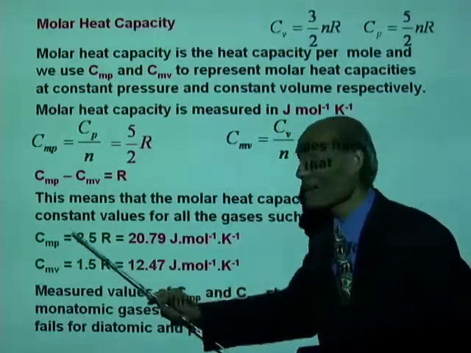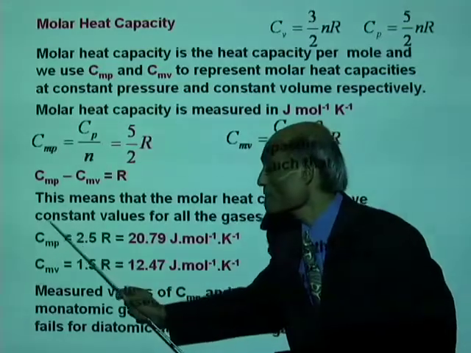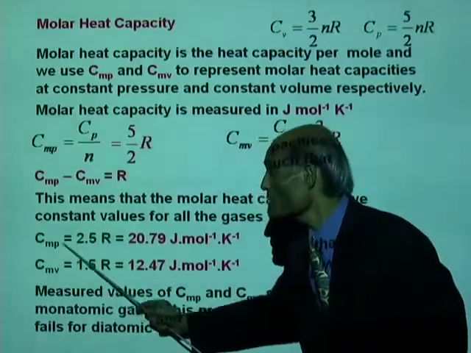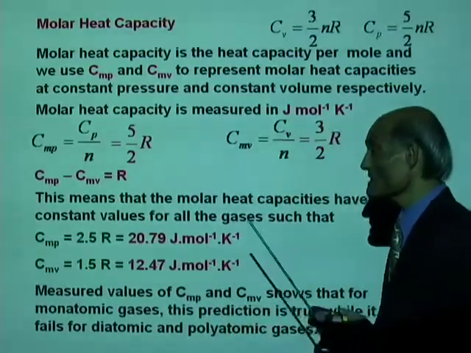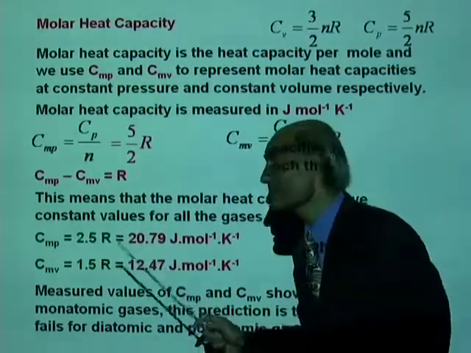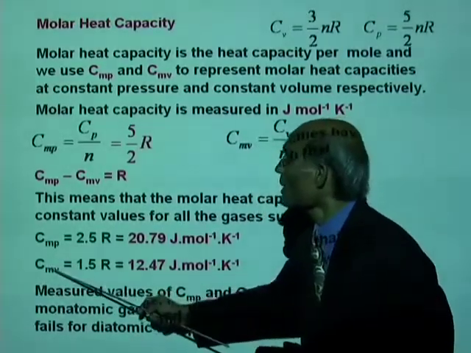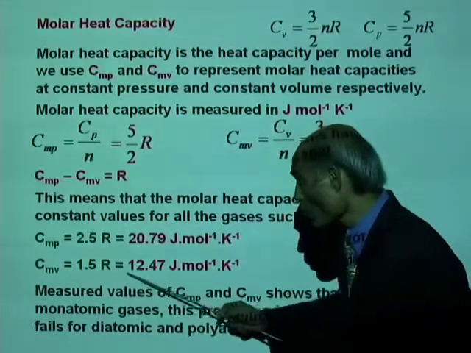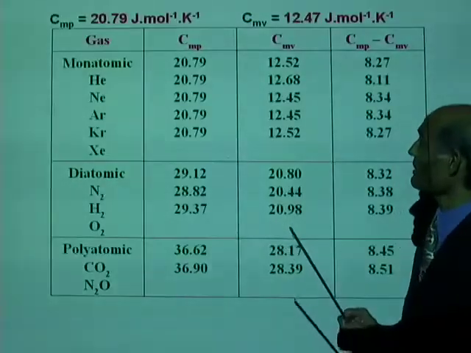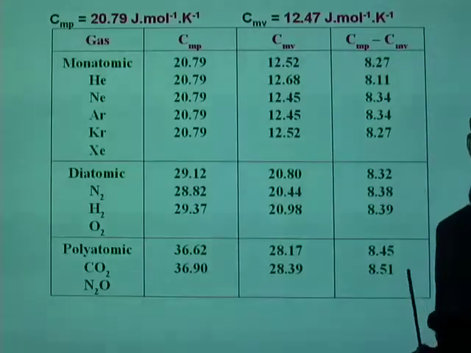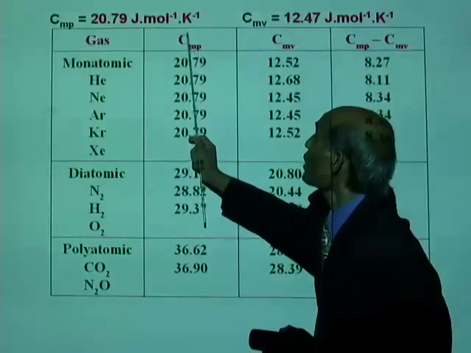So, remember these values. We would expect the molar heat capacity at constant pressure for all gases to be 20.79, in the neighborhood of that, and the molar heat capacity at constant volume for all gases to be in the neighborhood of 12.47. Now look at the measured values. If you notice, the heat capacity at constant pressure